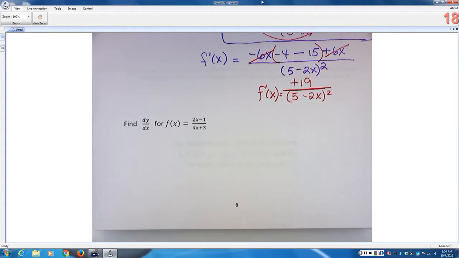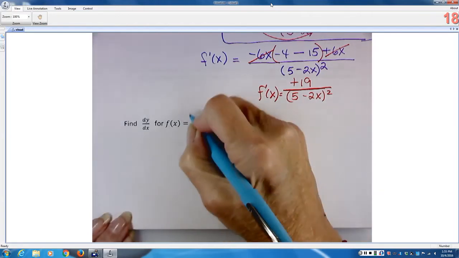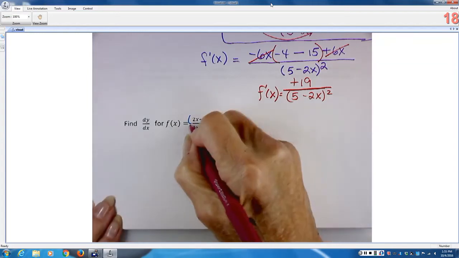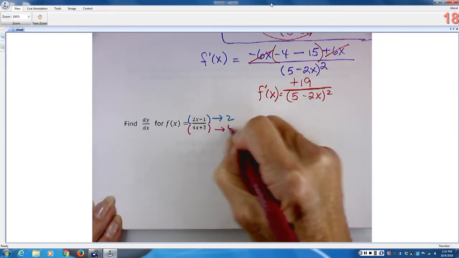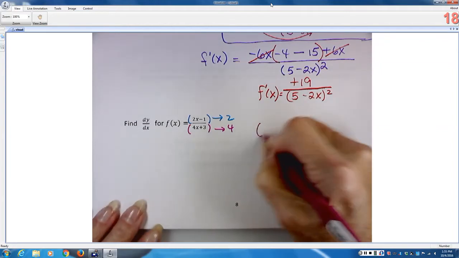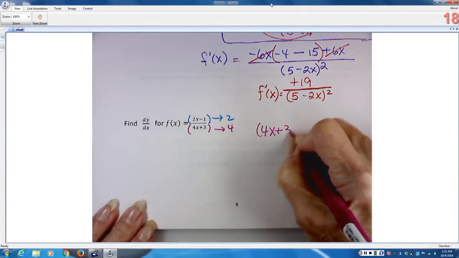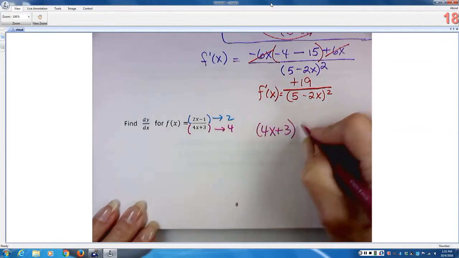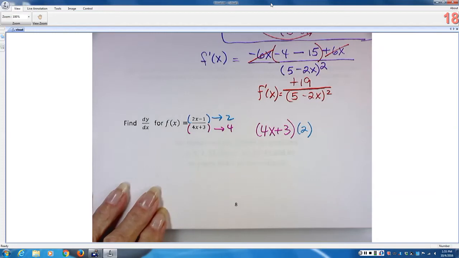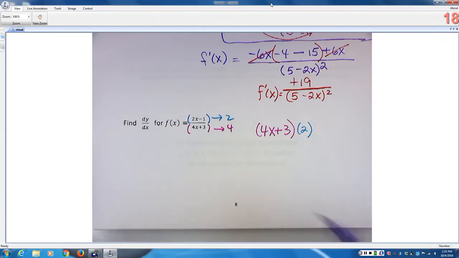Let's try a second one. Let's make sure I don't mess the second one up. So I've got a numerator and a denominator. Here's my numerator, its derivative is 2. Here's my denominator, its derivative is 4. And my rule says I take the denominator, the low, d high, the derivative of the numerator. So that's 2. And I'm going to subtract